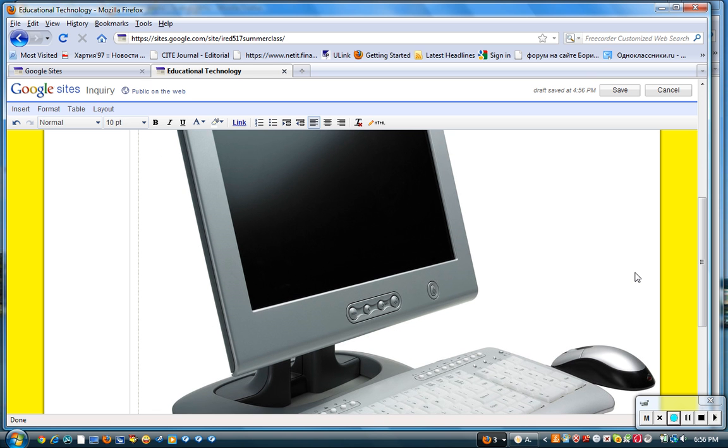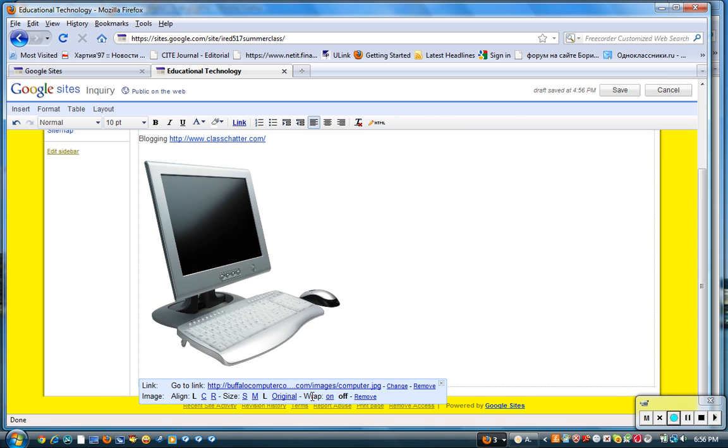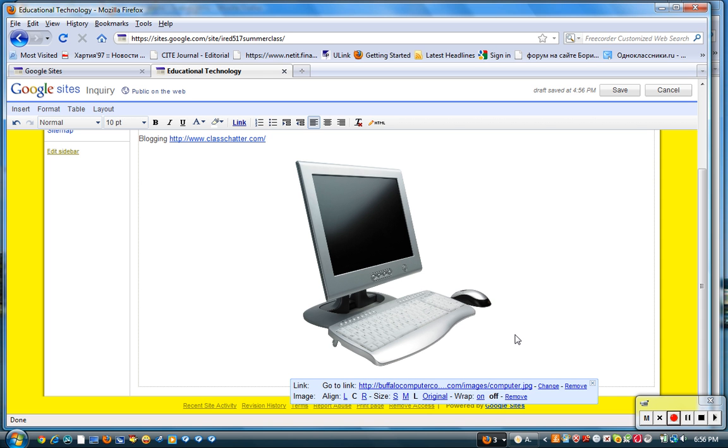Let's make it just large, okay? And you can put it in the center, and you can wrap it with text. So there are a lot of other tips, but my next tip is